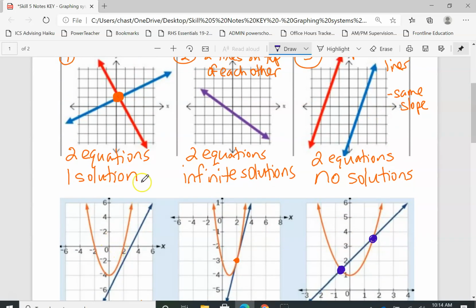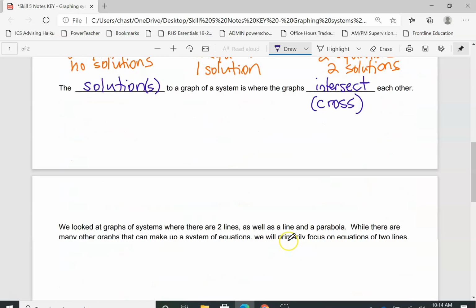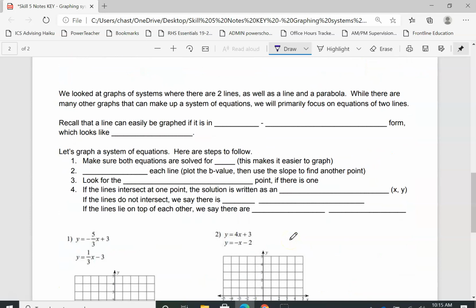So in each of these 6 situations, we're basically saying that a solution occurs anytime that two objects or two graphs cross each other. Okay? All right. So, like I said, we looked at graphs where there were 2 lines as well as a line and a parabola. There are many other types that we can look at, but we're going to focus on equations with 2 lines. So just a little bit of recall, when you were in Algebra 1 or maybe even before,